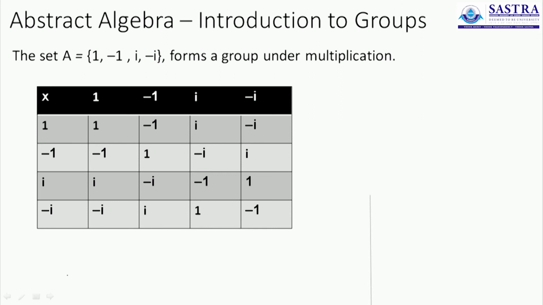So this sort of a clear-cut way to check the first condition for any finite group is done by constructing something called a Cayley's table. So what does the Cayley's table do? It takes all elements that are part of the set and completes all possible operations that can be done with these elements and has them collected in the group. That is what you call a Cayley's table, and once you construct a Cayley's table, you can easily find out whether the set satisfies 3 of the 4 conditions, as we will see in the next slide.